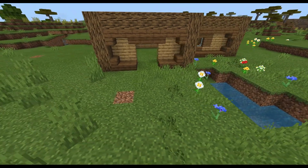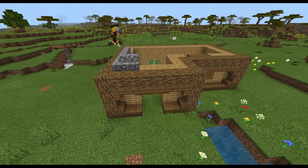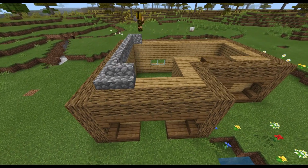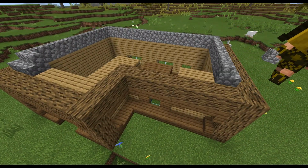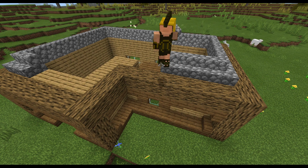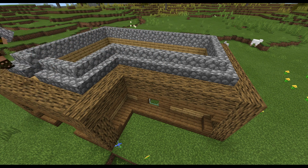So now, if you've been mining for cobblestone for most of your life in Minecraft, well, you're in luck. The roof is made out of cobblestone, and if you want a nice looking roof, I always use slabs and leave the frame out, so it gives it that look. So whenever you go like that,